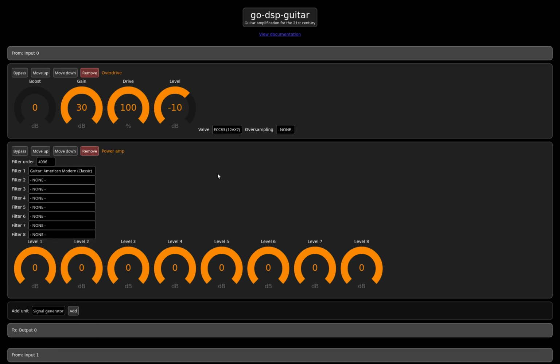So now I can flick through the power amplifier simulations.